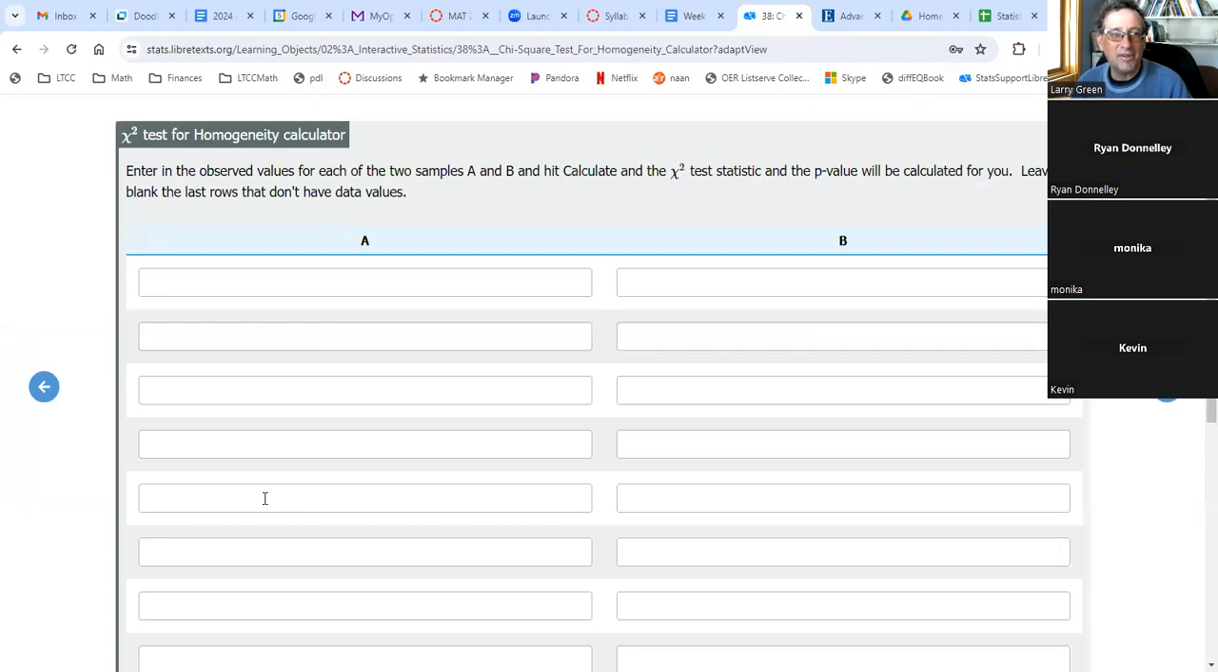And it says enter the observed values for each of the 2 samples, A and B. So notice you don't have observed and expected. Now it's observed and observed. There's nothing expected. And the chi-squared test,